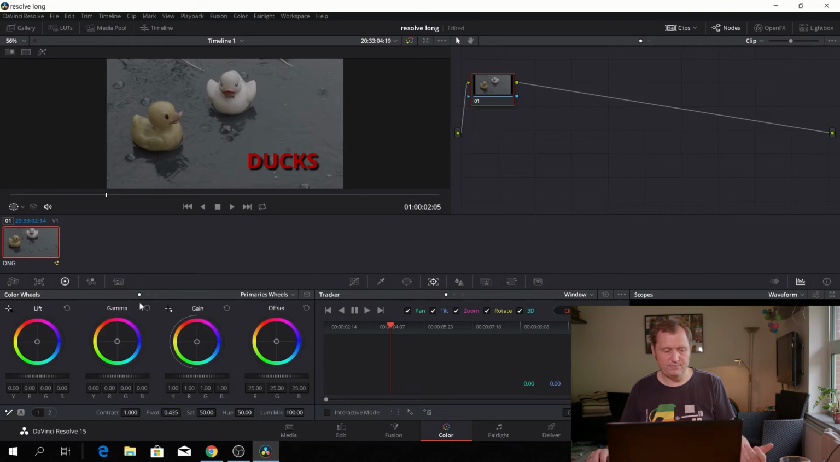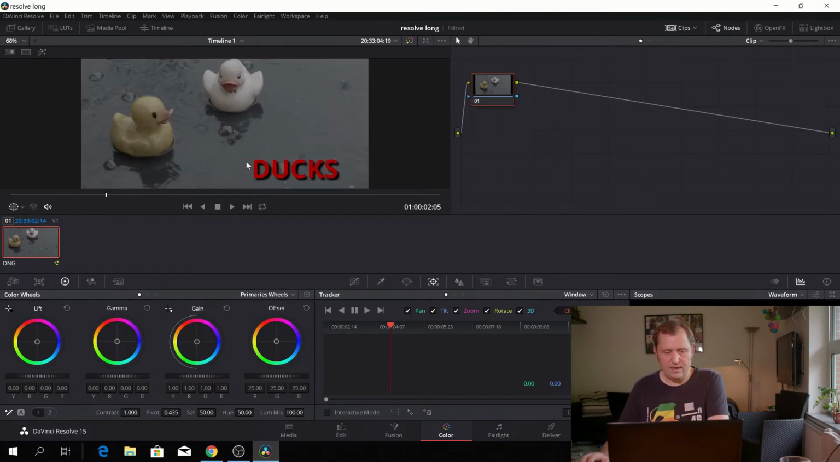So what this basically is, the lift would be the shadow, the gamma would be the midtones, and the gain would be the highlight. And then the offset, you mess around with all three. Okay, so if we go into our clip here,